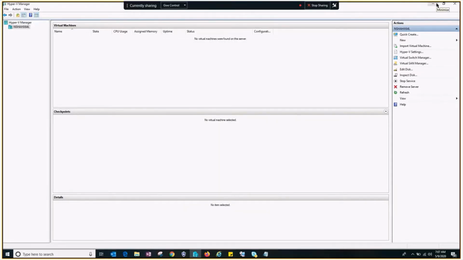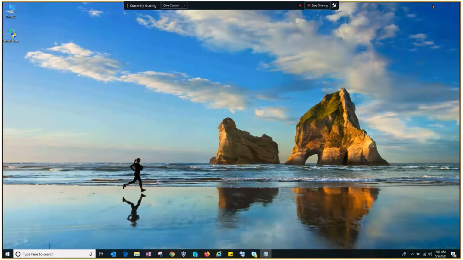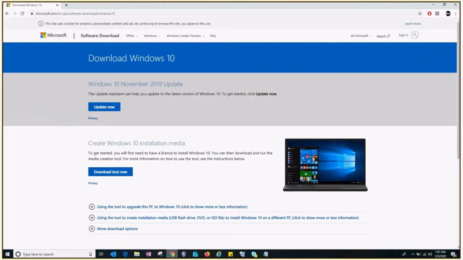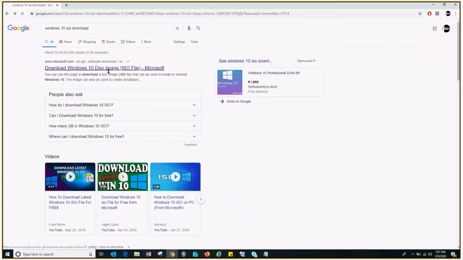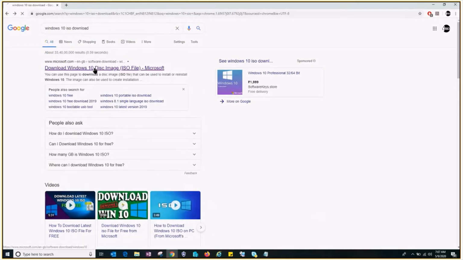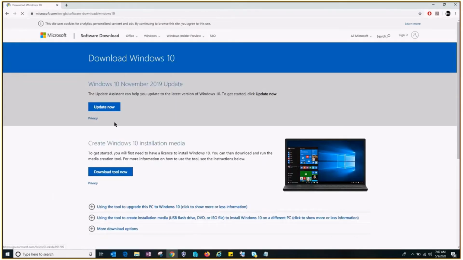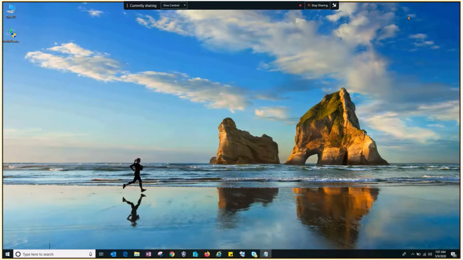The other thing you need to do is to create a virtual machine, and you also need an ISO file for an operating system. So here in our demo session, we are just going to create a Windows 10 virtual machine. So we would need a Windows 10 ISO image. You can get the ISO image from Google itself. So I just Googled Windows 10 ISO download. I went to this link. We need to download the media creation tool. Once the tool is downloaded, run the tool.